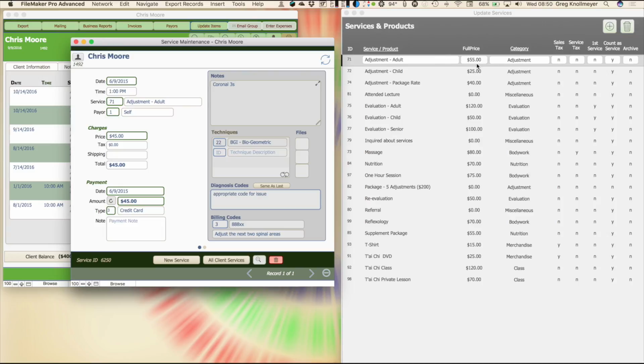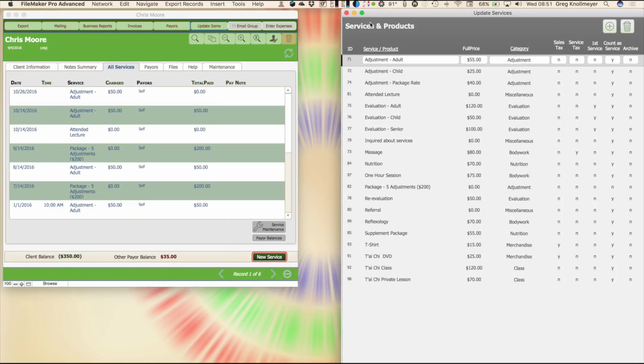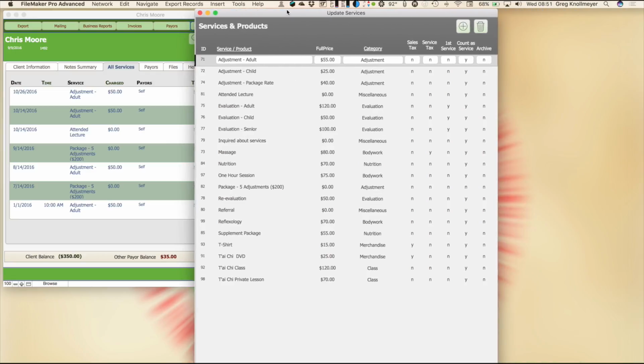Changing the full price of something only changes the automatic entry when you assign a new service. So if I gave Chris a new service and then I chose adult adjustment, it would automatically come in at $55. Again, I could change that, and that new number, the new $50, would stay. So the full price simply changes the automatic entry in the next charge that you make. Let's get out of this and then look at all the fun that we have over here on the services